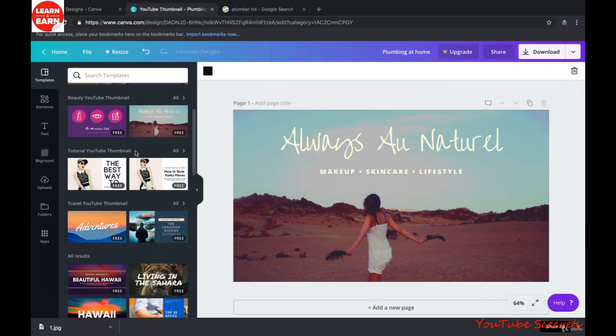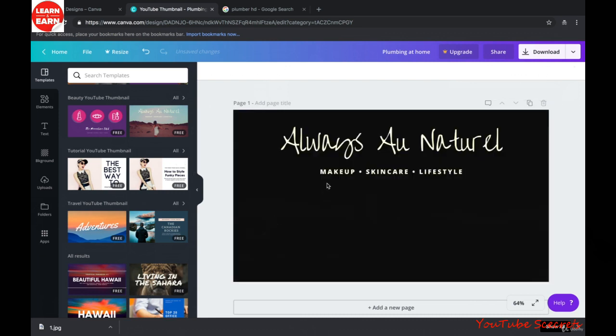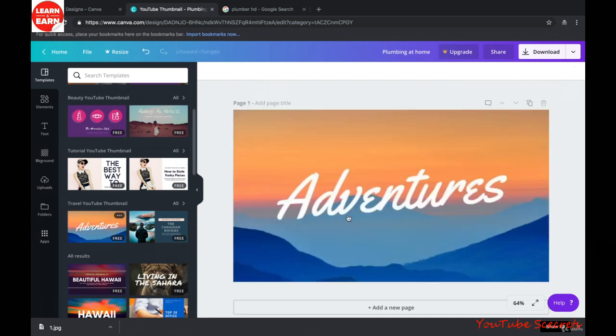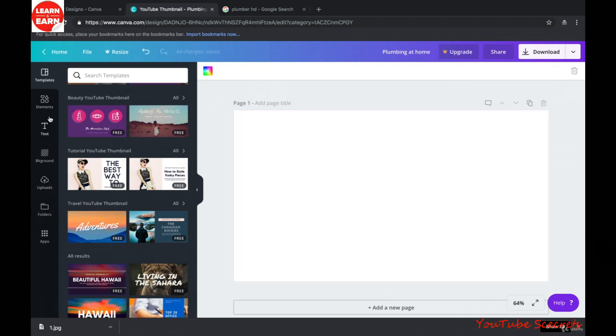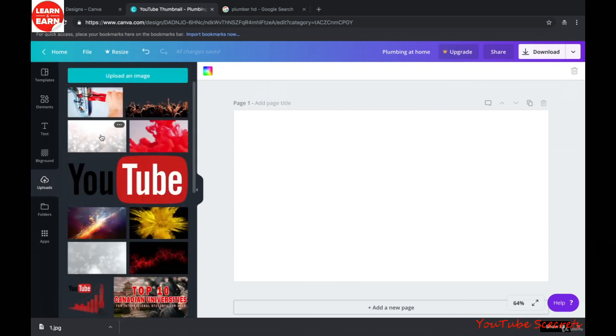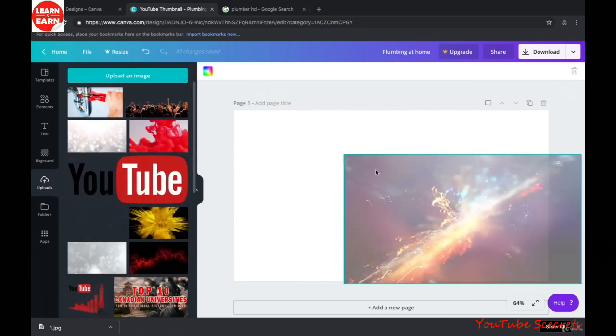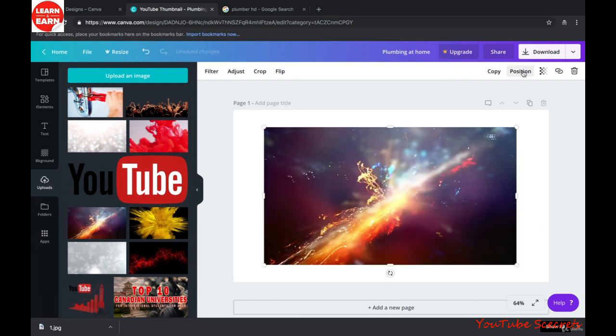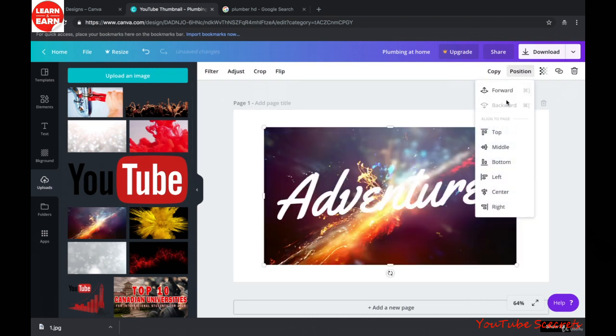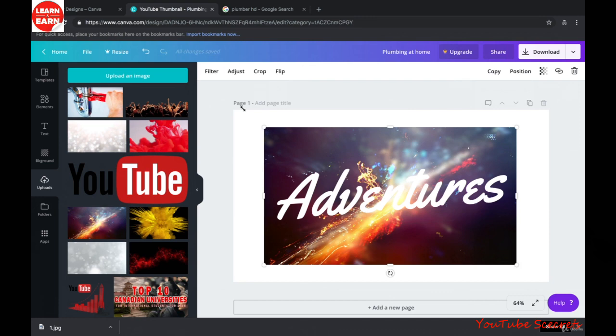It's not flawless, but again, if you do this in the correct way, adventures, I kind of like that thumbnail. We're gonna remove the background. The text is still there. We're gonna look up our uploads and our images, and we're gonna drag one of these images in the background. We're gonna go to positioning, and we're gonna go backwards. As you can see, adventures is over this